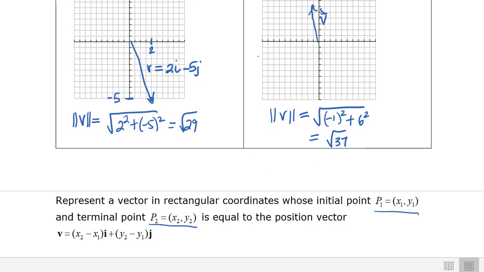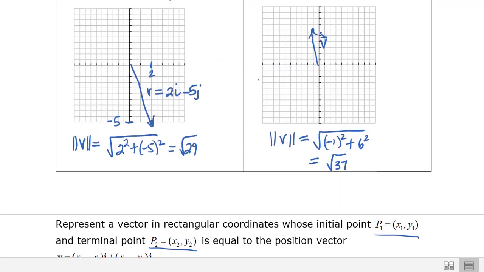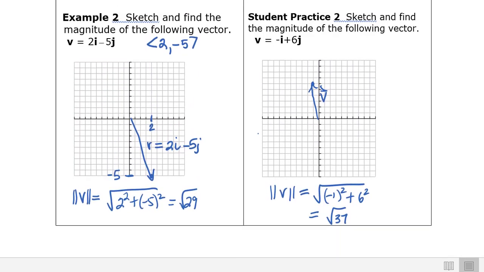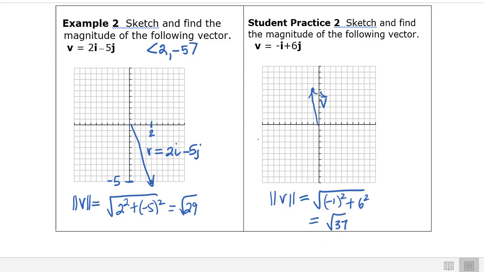So we talked about the fact that even if a vector is not a position vector, in other words, its initial side is